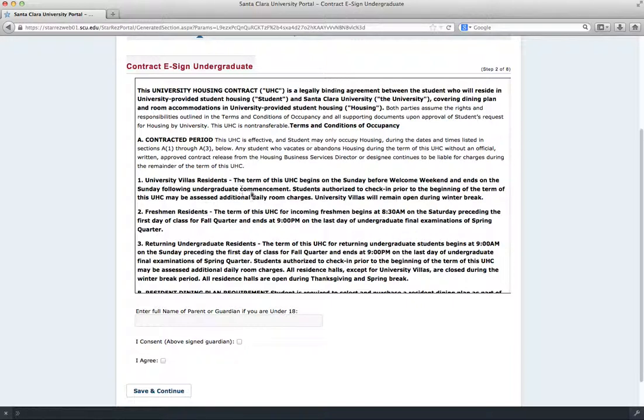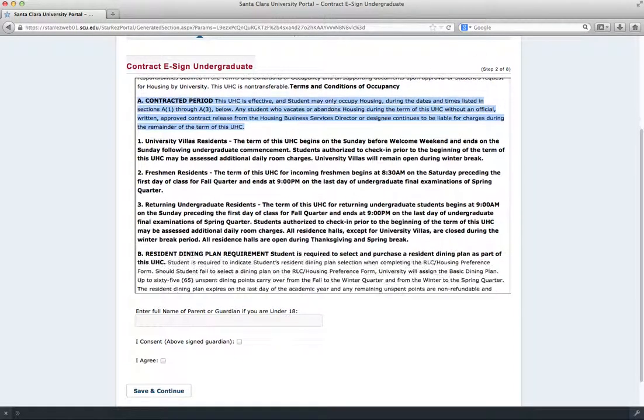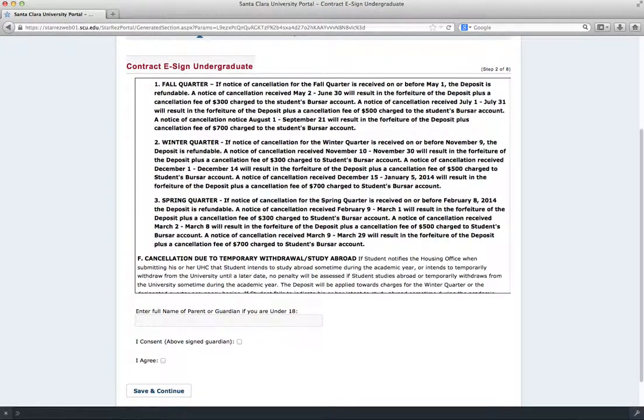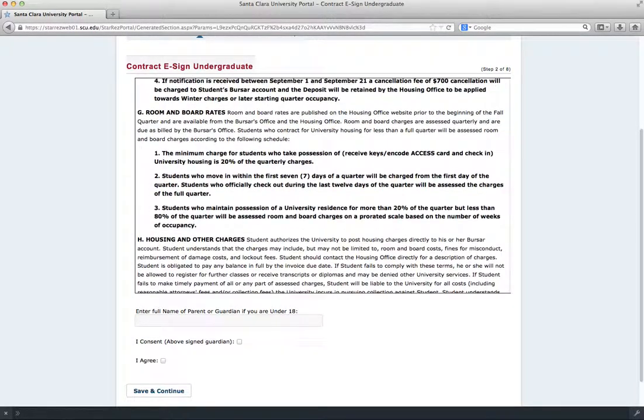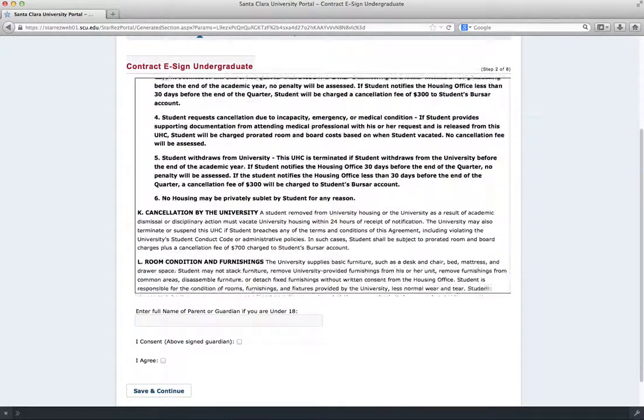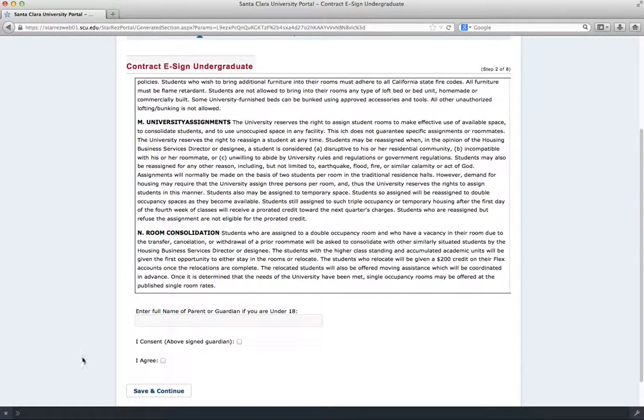So I'm going to go ahead and look at the contract. It talks about canceling your contract and what that looks like in terms of penalties. So really important that you understand the contract before signing it. But once I click I agree and I save and continue, my application is timestamped,